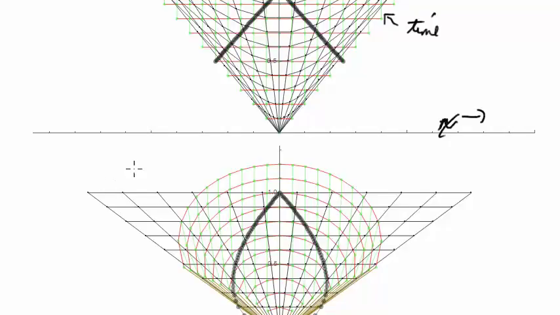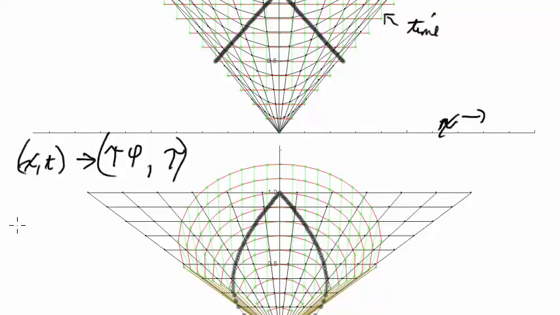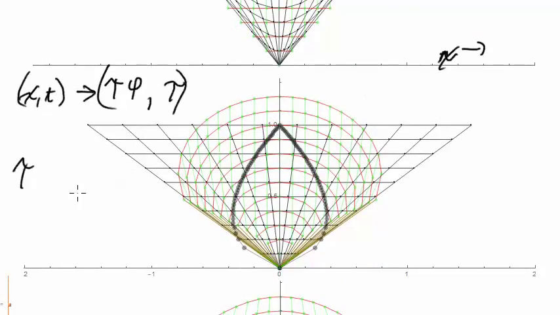And so the transformation involves taking x comma t to tau, phi comma tau, where tau is equal to the square root of t squared minus x squared,